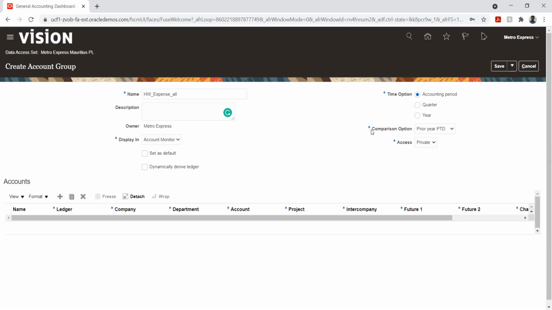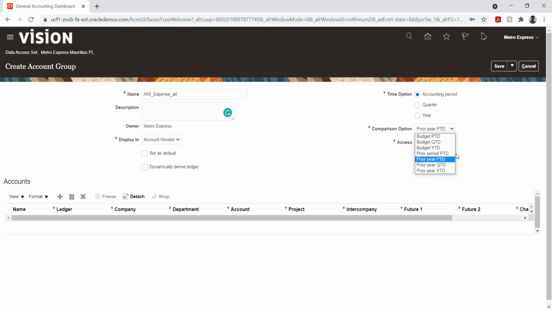Okay. And then we have comparison. Comparison is used to identify the change in values. So let's say I give here YTD, prior year PTD or prior year YTD. What will happen is that it will understand the last year's balance and current year balance as on date, but I don't want to take yearly balances.